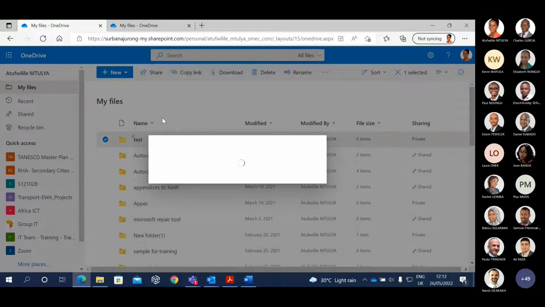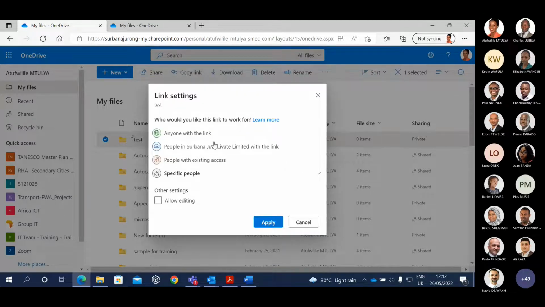Also, I have to specify these things here. Anyone with the link. For example, you need to be very careful because if you say anyone with the link, that means Susan can share it with someone else. But if I want only Susan to have access to that link, I need to say people with existing access or specific people, because if I want only Susan to have the link to that